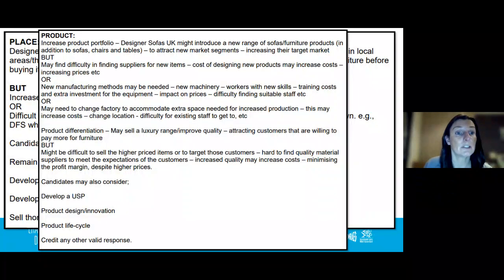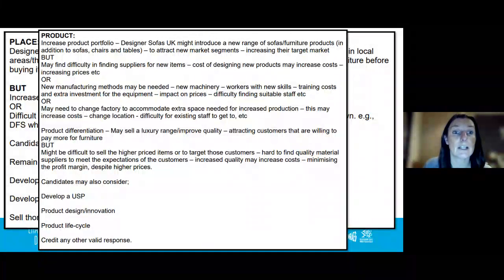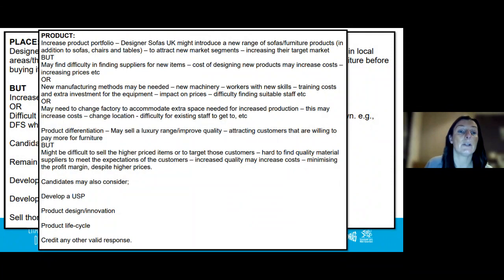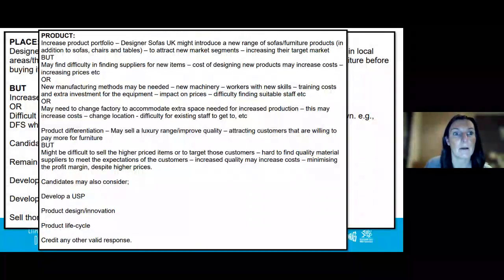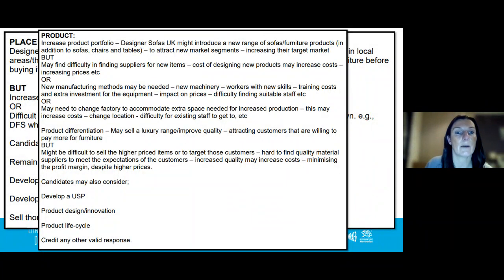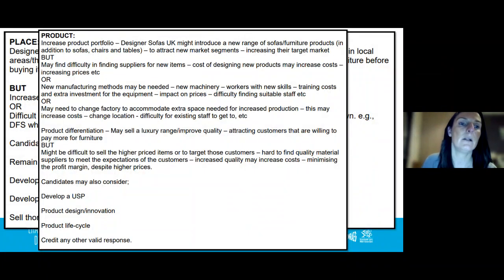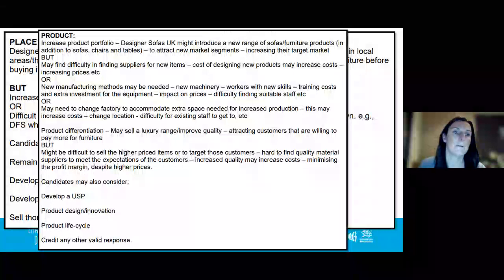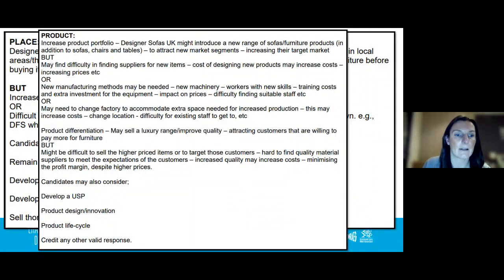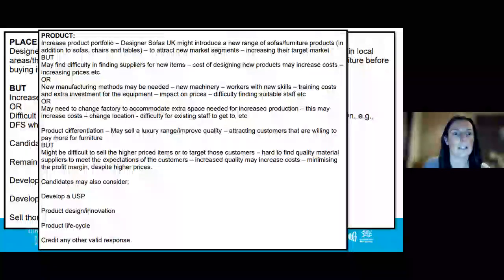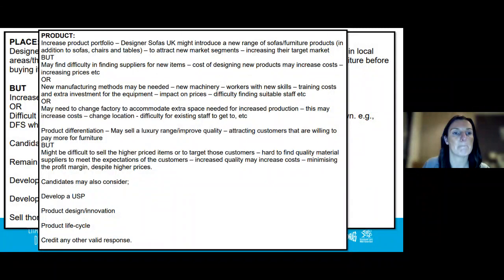Looking at your product, you could have looked at product portfolio, maybe designing a new range of furniture that's specific to them. You can't get it anywhere else. Maybe getting a new type of material that's exclusive to them for the sofa. All these kinds of things will be useful for you to make sure that you're getting